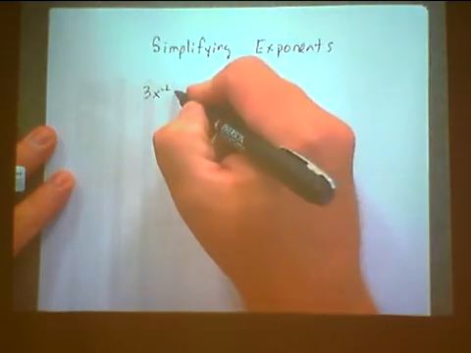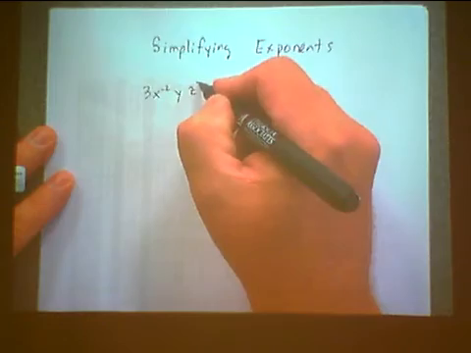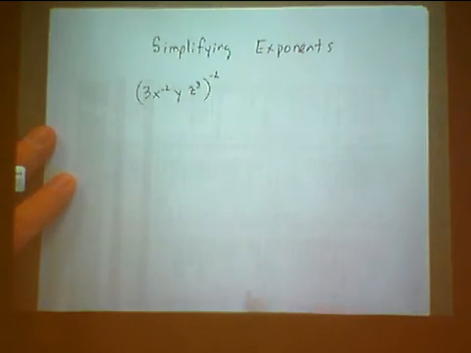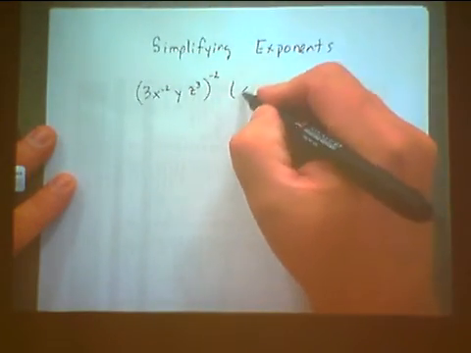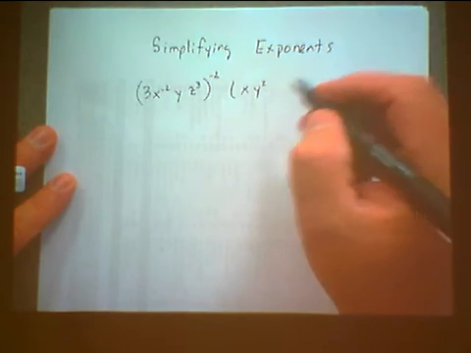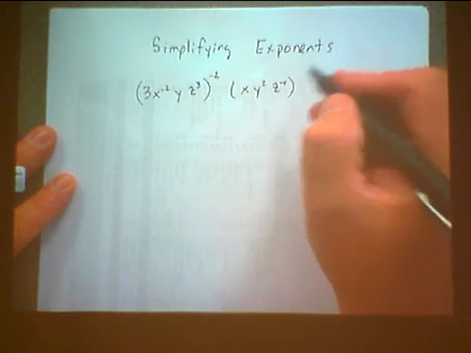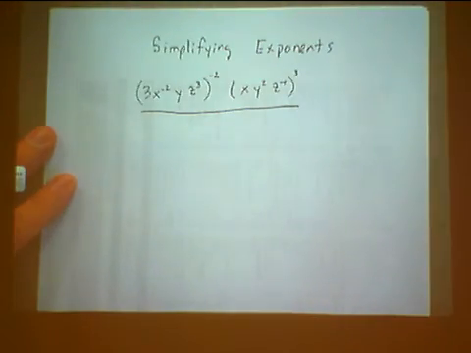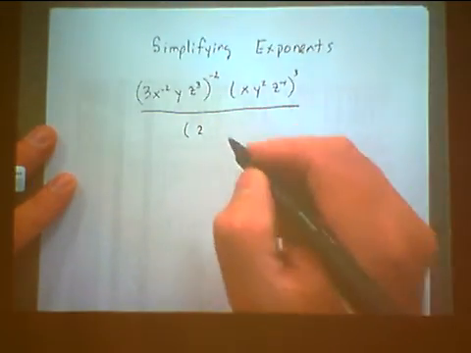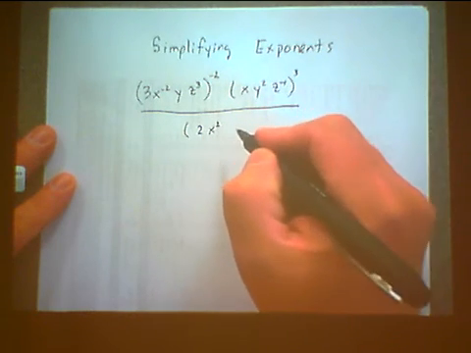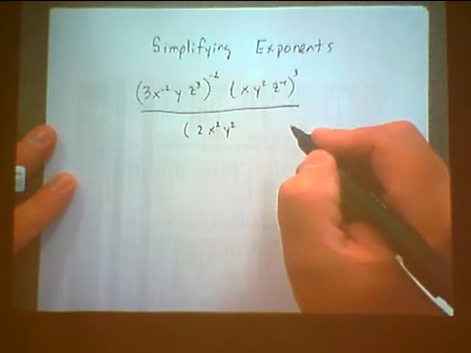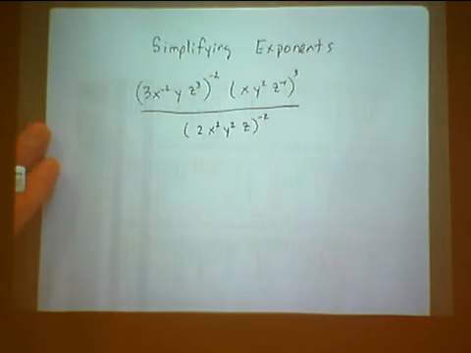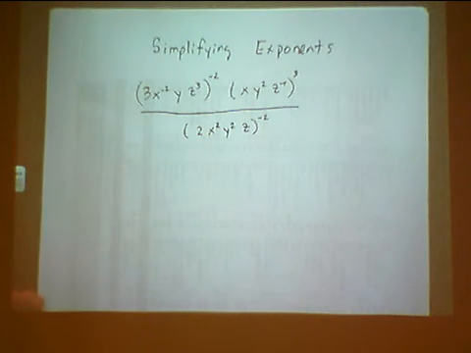3x to the minus 2 y z cubed, and all of that raised to the negative 2 power, times, in parentheses, xy squared z to the minus 1, and that parenthesis raised to the third power, and all that is going to be over, in parentheses, 2 x squared y squared z to the minus 2. All right, so it looks a little ugly,